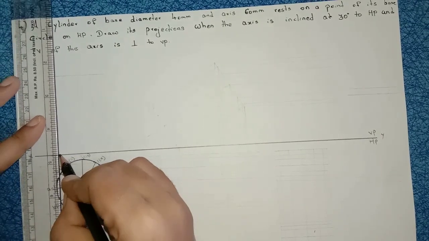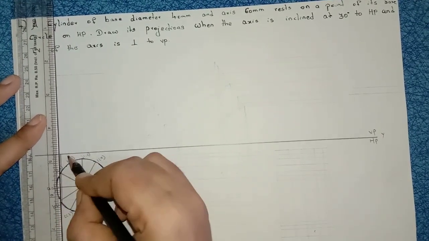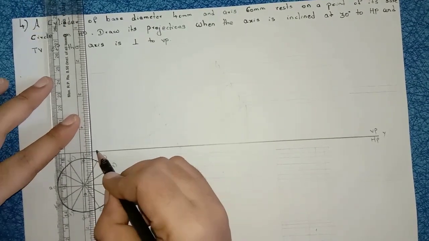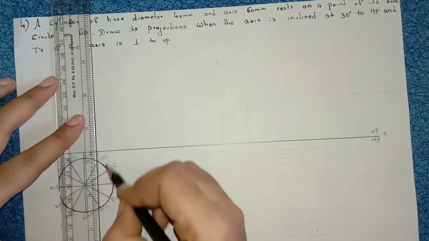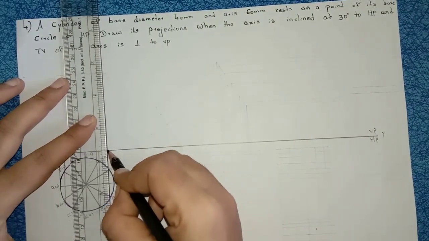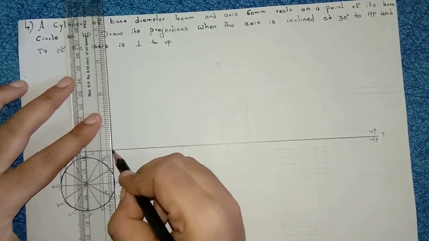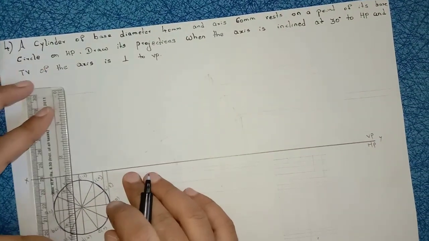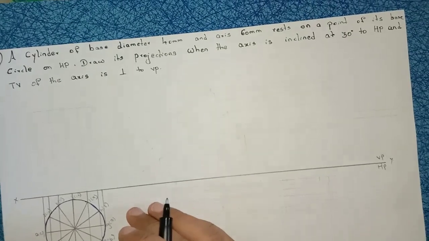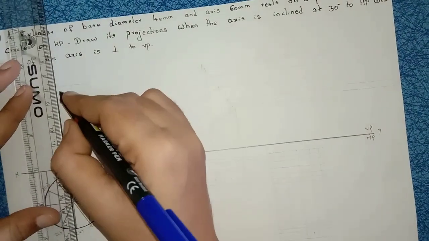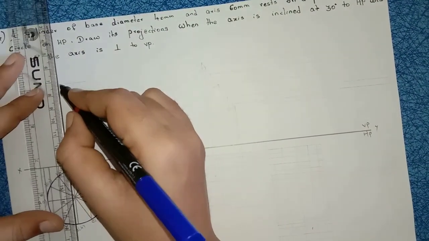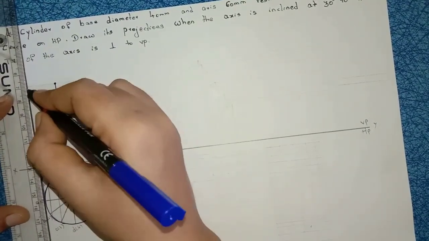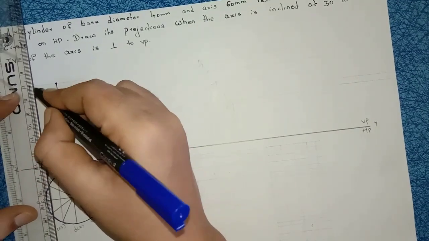A of 1, B of 12, C of K, D of J, E of I, F of H and here G. Project all the corners till the reference line. Now they mention axis height is 60 mm. Right, now take axis height 60 mm. Right, now from all the corners take 60 mm.